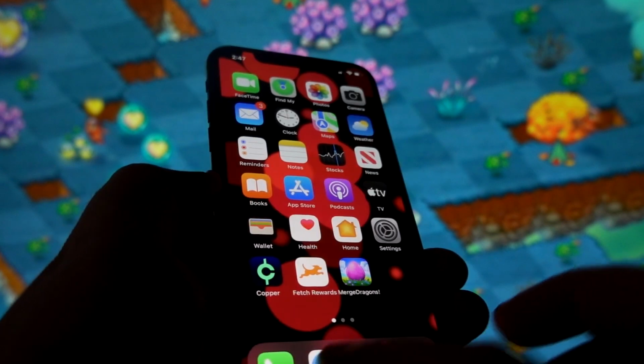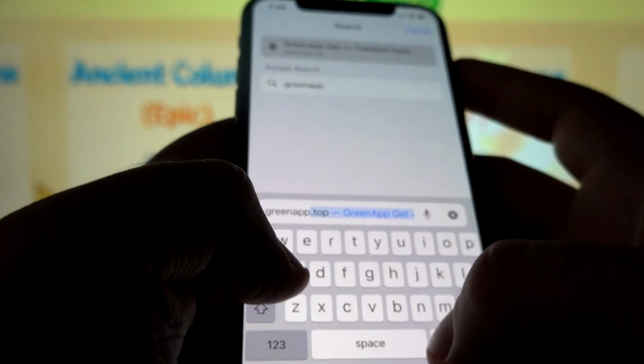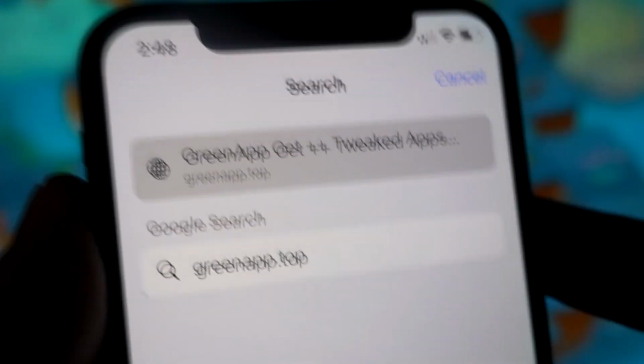So this is step number 3 and the last step in the settings. After that, close your settings and open the browser for which all the cookies have been unblocked, and in my case it's Safari. In the search engine bar, type this in carefully and correctly with correct spellings, and that is greenapp.top. Greenapp.top, right guys? Type this in carefully and correctly and click search,